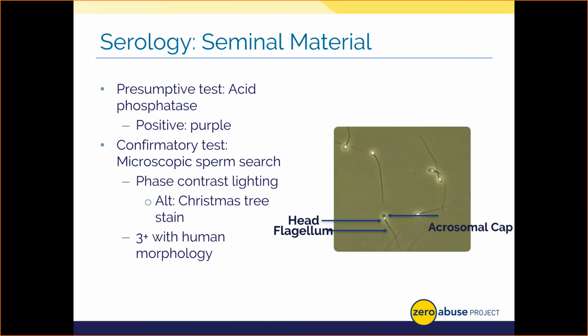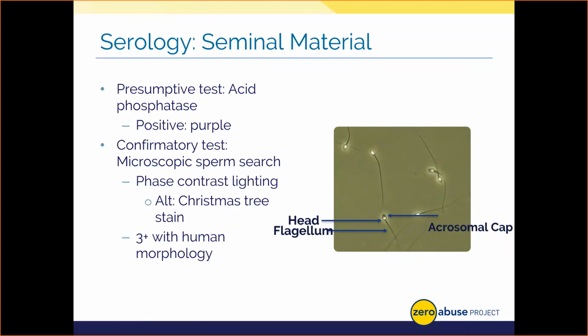How do we confirm that we have, say, human sperm from a seminal fluid sample? Well, we examine a sample from an extract, and we look at it in each field of view under a microscope for sperm across the whole slide, if we're not using the Christmas tree stain. We look for human morphological or characteristic features of human sperm. When you tap on the slide, for example, believe it or not, the sperm will actually roll and they kind of take on the shape of little bowling pins.